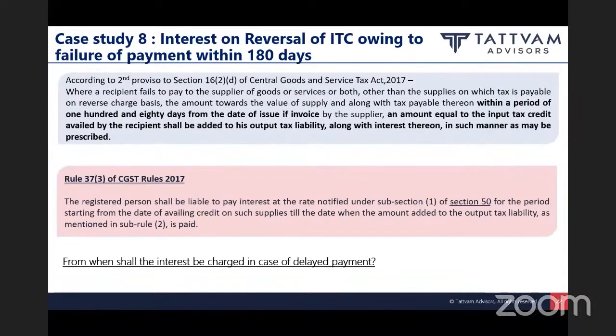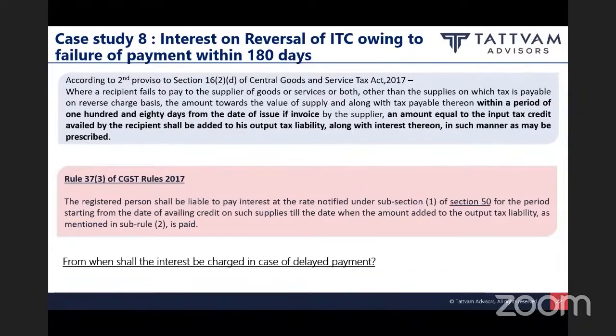not yet settled. The way entire Section 16(2)(d) and Rule 37(3) is worded, it says that if you have not paid the payment within 180 days, the same shall be added to your output tax liability. And the manner of adding to the output tax liability is by way of GSTR 2. And friends, GSTR 2 is not yet implemented in